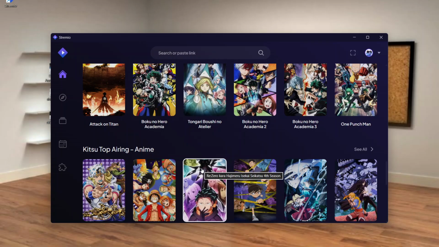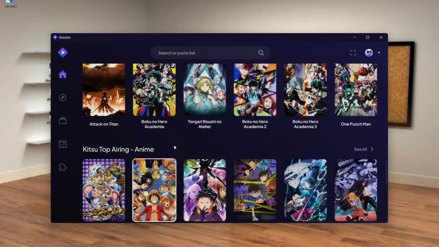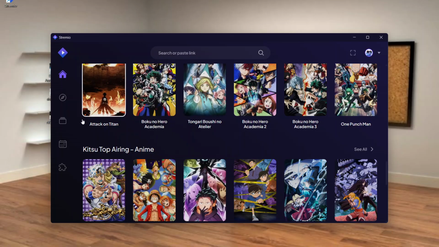First, let's try restarting Stremio, which can be surprisingly effective. Begin by making sure to close Stremio entirely. It's important not just to minimize the window, but to fully close the application. Once it's shut down, open it again. This simple action can resolve temporary connection hiccups that might have been causing the add-ons to malfunction. After reopening Stremio, take a moment to test the add-on you were having trouble with to see if the issue